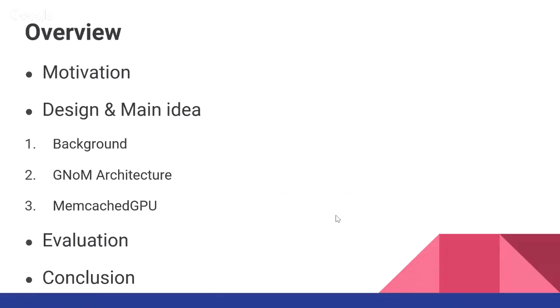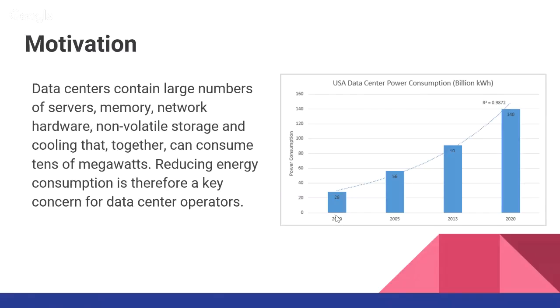The overview of this paper is going to consist of the motivation, design, and main idea, which will further consist of the background, genome architecture, and MemcachedGPU, which we'll go into later, and it'll close with the evaluation and the conclusion. The motivation for this paper, which is the